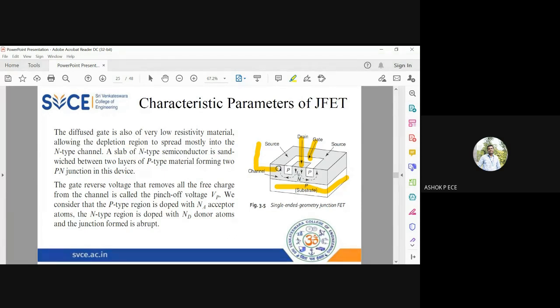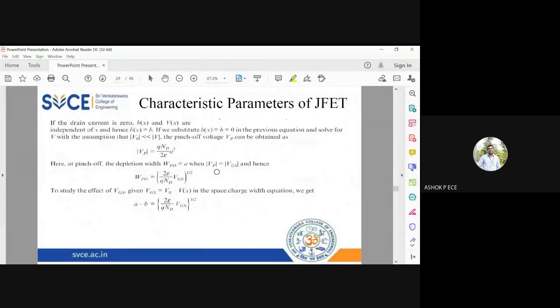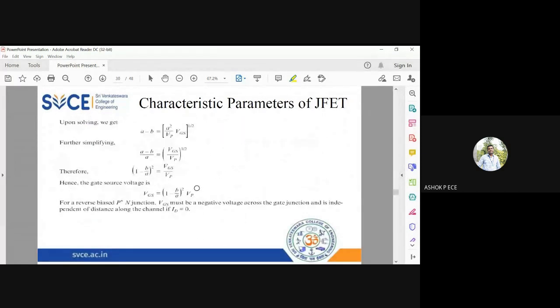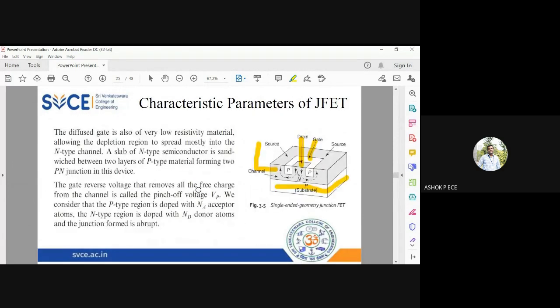But as per the logic we have studied in JFET, since your source is going to have majority carrier, the electrons will flow from source to drain. So the actual drain current will flow from drain to source in the opposite direction. Okay, so now we are going to derive the expression for VGS and VP. So this is the expression for pinch off voltage in terms of VGS, because pinch off condition is closely related to your VGS.